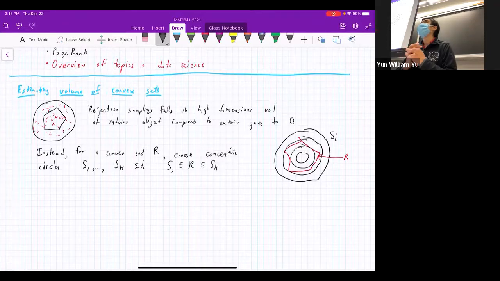There's no easy way to check whether something is in the convex set or not. Oh, well, then let's assume that we actually can check whether something's in the convex set. So you can do some form of rejection sampling, but yeah. So what we're going to do, though, is take advantage of Markov chain Monte Carlo, which is